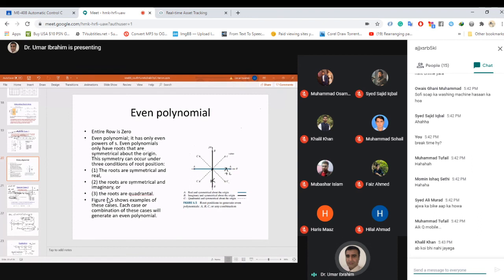अच्छा, अब मेरे पास इस वक्त मैटलैब एक्सेस नहीं है, but if we have, let's suppose s⁴ + 2s² + 4 is equal to 0। अब हमारे पास 4 रूट्स होंगे, s1, s2, s3 and s4. Now all these four roots have to satisfy the conditions. वो conditions कौन से हैं? Condition number 1, that the roots will be mirror image across the origin. Condition number 2, ठीक है, बस एक ही condition है फिलहाल।